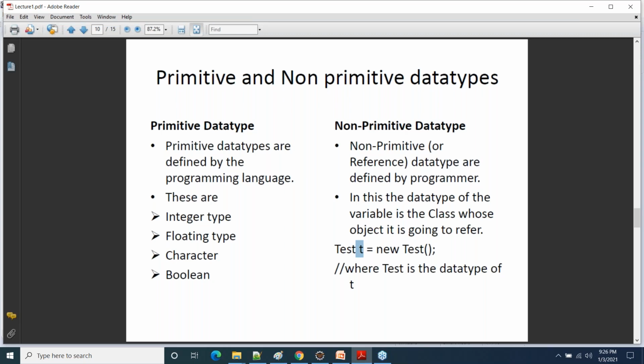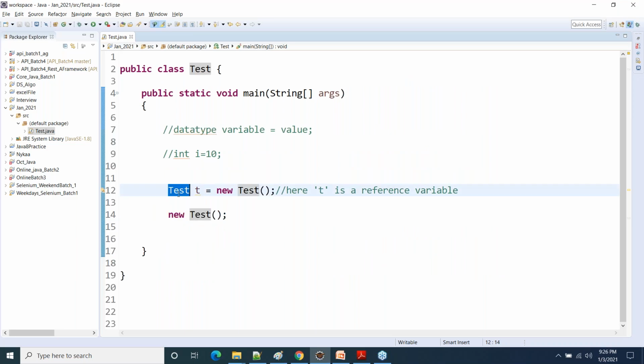All the user defined classes are nothing but non-primitive data types. Like the Test class you created, in this example the Test class is behaving like a non-primitive data type, because this Test class is created by the programmer, by me. And here Test is working as a data type for this variable t.